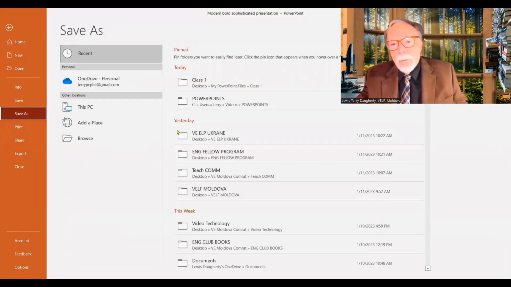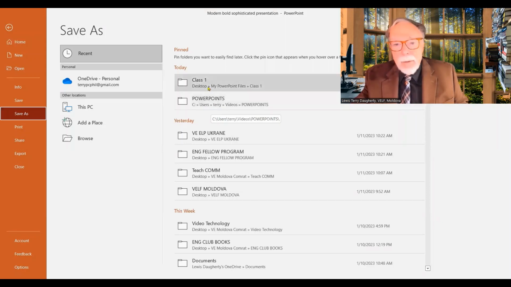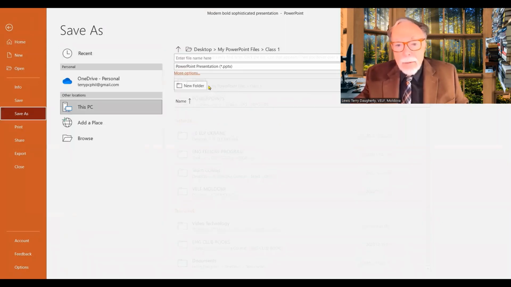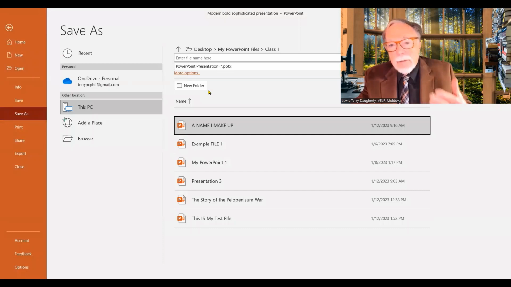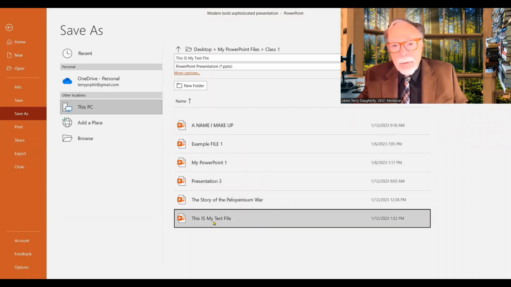And if you'll remember back earlier in the video, we went through and created a set of folders so that we could put things into them. And this is one of them, class 1. I've set this up so I can deposit things into it, and I'm going to deposit my test file. And I've already done this a few times, so I'm going to just stay with the title that I have for that. And